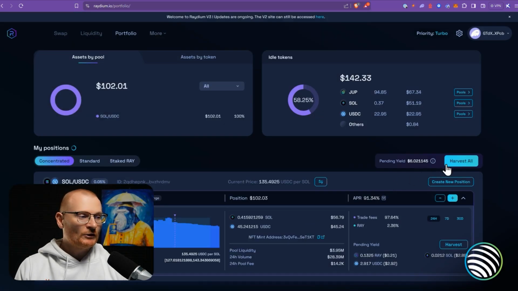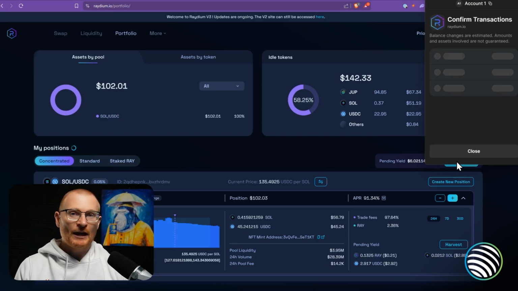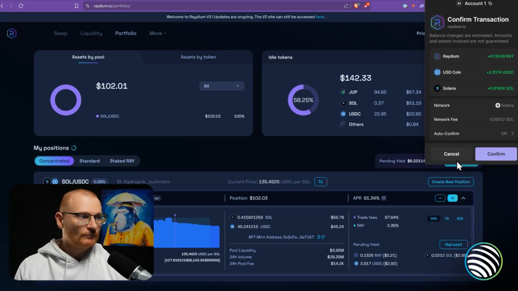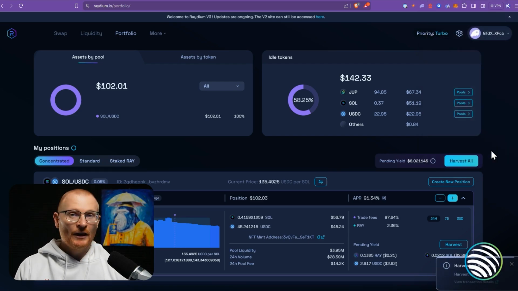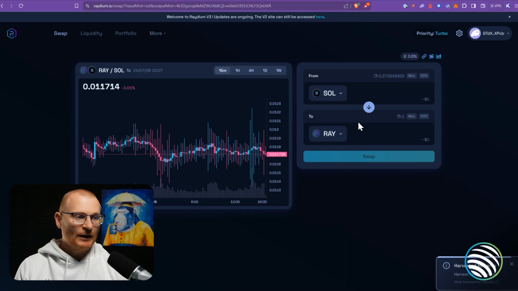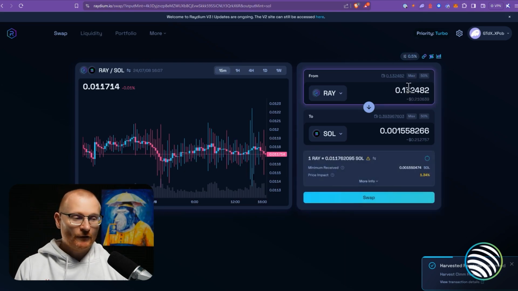What I want to show you is just harvesting the reward and then adding this to compound the position. A little bit of Ray, some USD coin, and some Solana. So we'll confirm that. Then you may not want any Raydium. So we can go to swap. We can take our Ray, toggle this in the middle. We should see some Ray here. Let's double check in our wallet. Oh, there it is. The transaction's come through. Click on max. It's not very much, 21 cents worth. And then we can swap it.